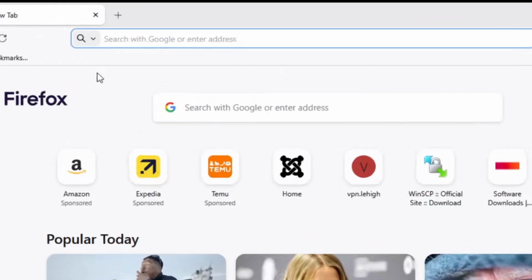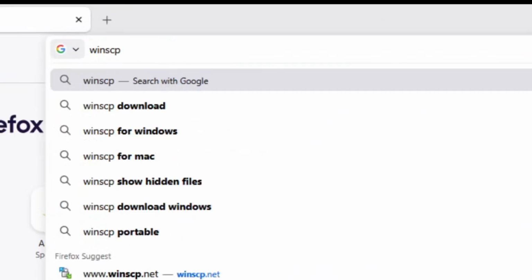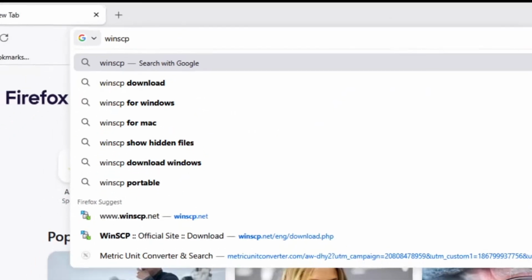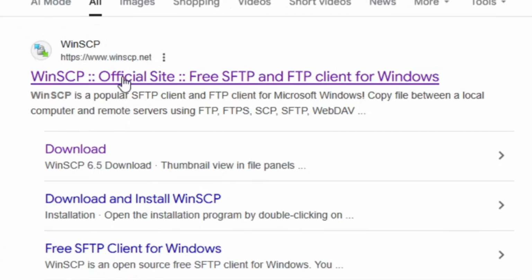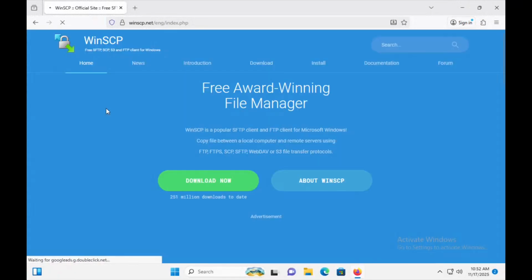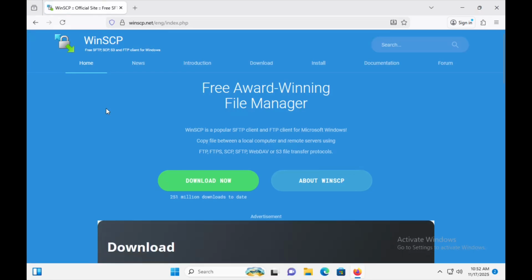And then we'll type in WinSCP. Hit enter. And we want to go to this website, winscp.net. Okay, and we're going to click on download now,